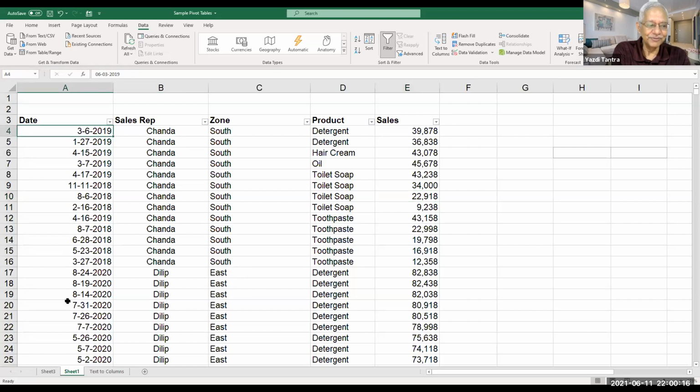I entered about 15-20 and I just repeated them. So this is no real data. I can share it with you also. I can send you an email, just to practice. You want the file to be practiced upon, right? Yes. So you can use this file, or you can create one of your own. You can say zone, you can say country, you can say region, whatever. And automatically the whole thing will work. I can send it to you.